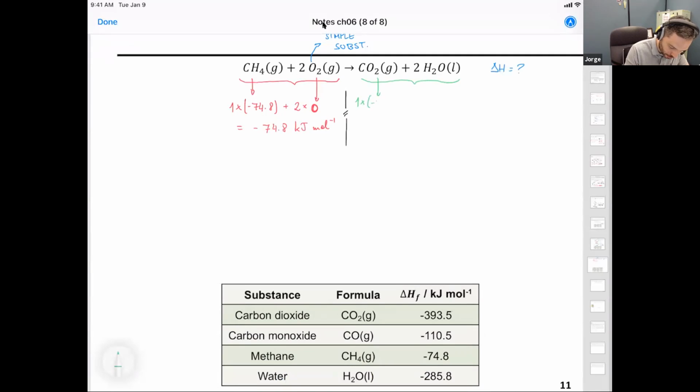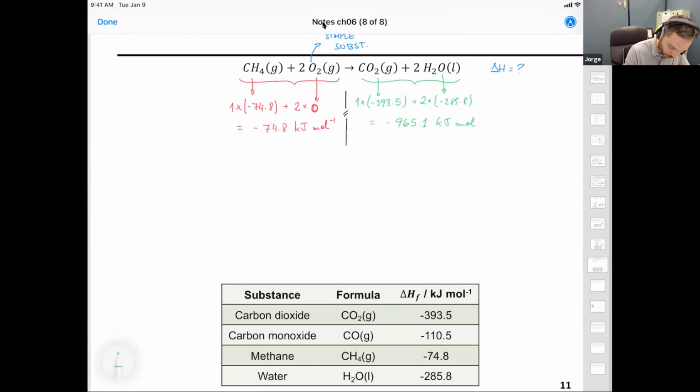Now we go all the way down to minus 393.5, plus 2 times the enthalpy of formation for the water, minus 285.8. Therefore, the total energy for the products is going to be minus 965.1